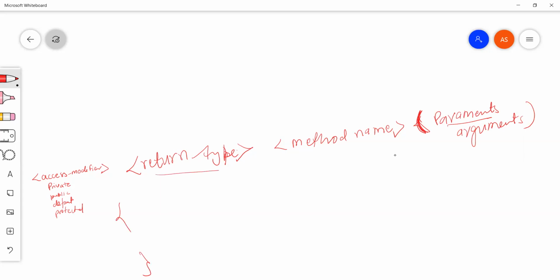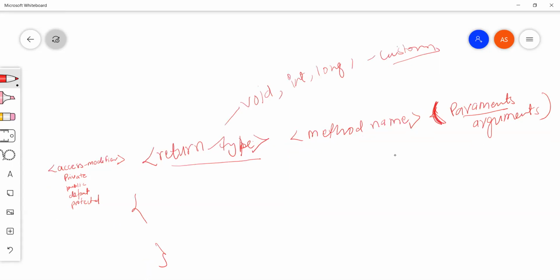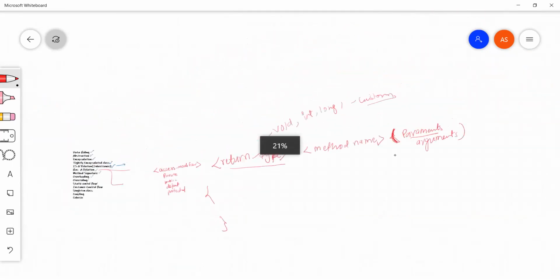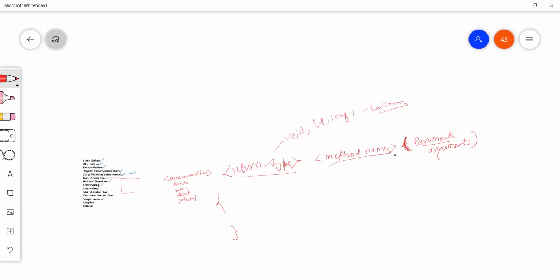Return type can be any data type: void, all the primitives like int, long, and any custom data type as well. By custom I mean user defined or the classes provided by Java. Method name can be any name or identifier. We have discussed what an identifier is: a name of a method, a variable, a class, an interface. So any valid identifier we can take, and parameters we can take.